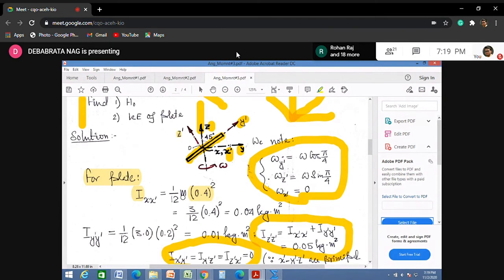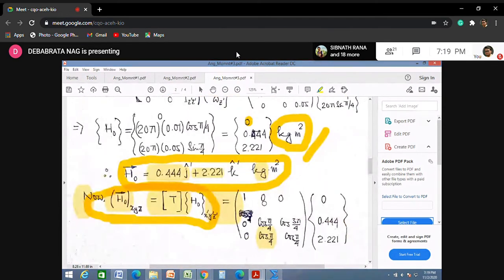So these terms are nothing but direction cosines; the rows are all the direction cosines. The first row shows the direction cosines of the line x with respect to x dash, y dash, z dash. Then this shows the direction cosines of the line y with respect to x dash, y dash and z dash. And lastly, this will be the direction cosines of the line z, Oz, with respect to the axes Ox dash, Oy dash and Oz dash, correct? So you need to carefully fill up the terms of the transformation matrix here, otherwise it will be wrong.